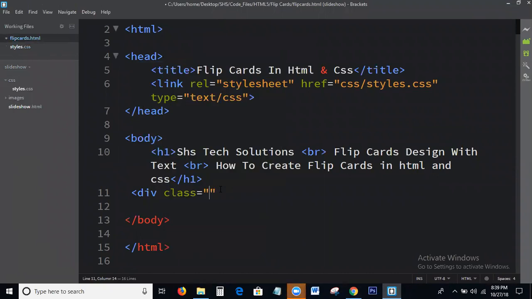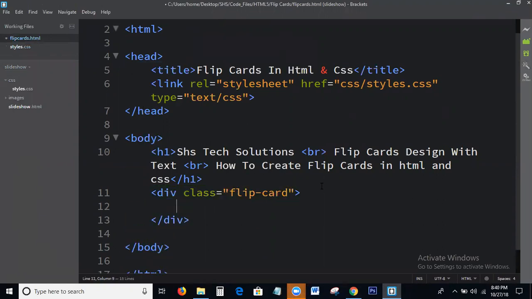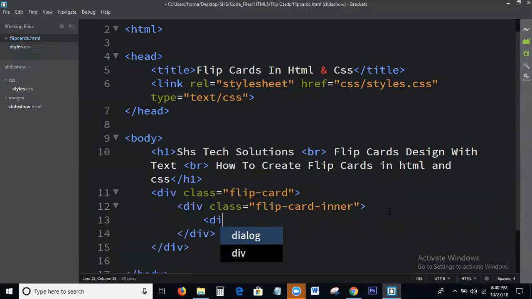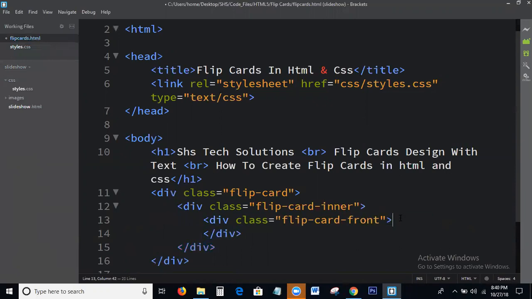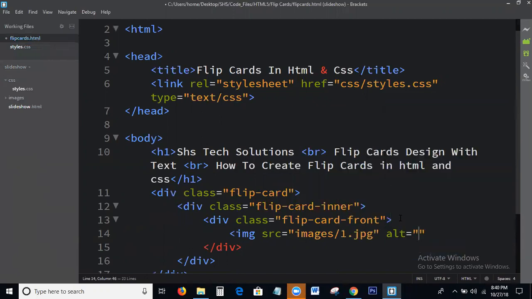Here I write a div with class equal to Flipkart. Next, a div with class equal to Flipkart inner. Then a div with class equal to Flipkart front, with an image source from the images folder and alt